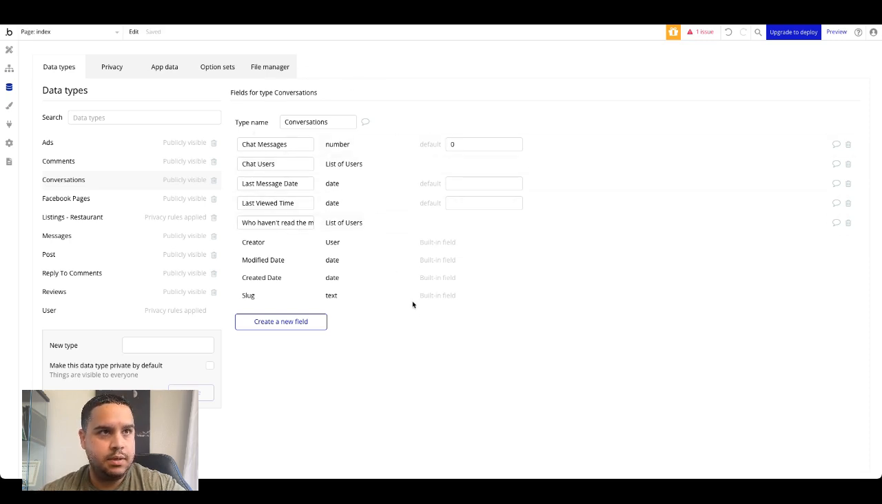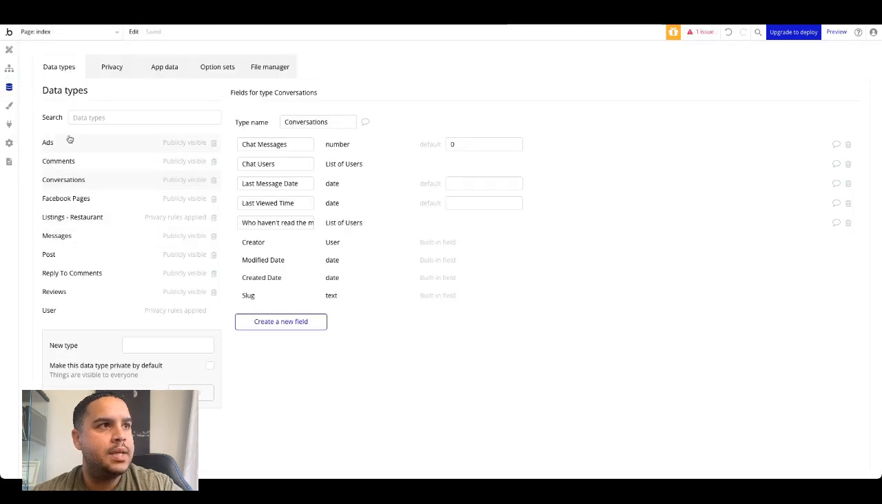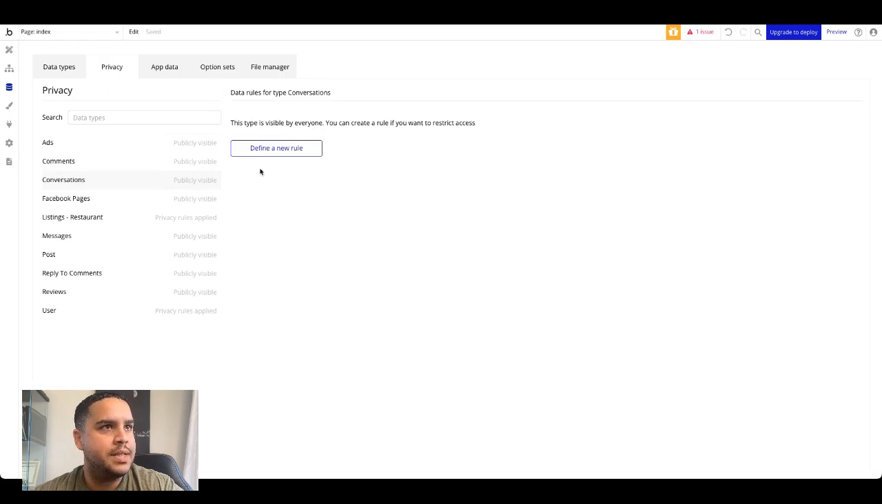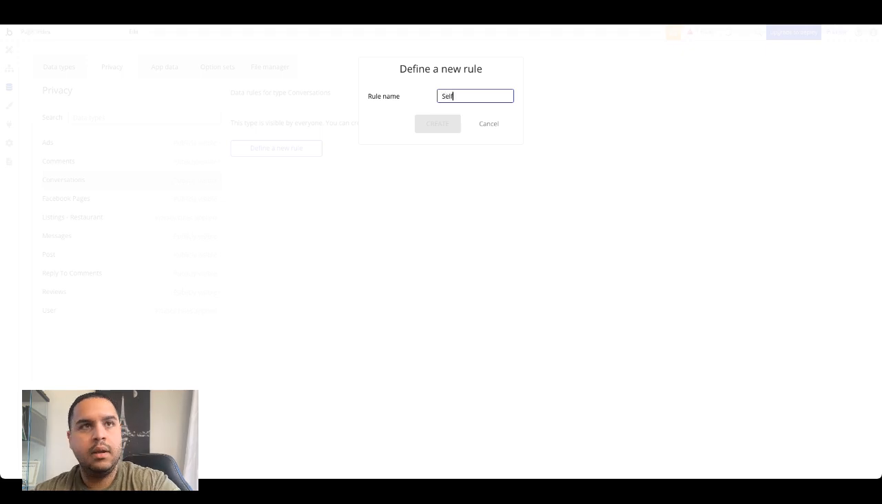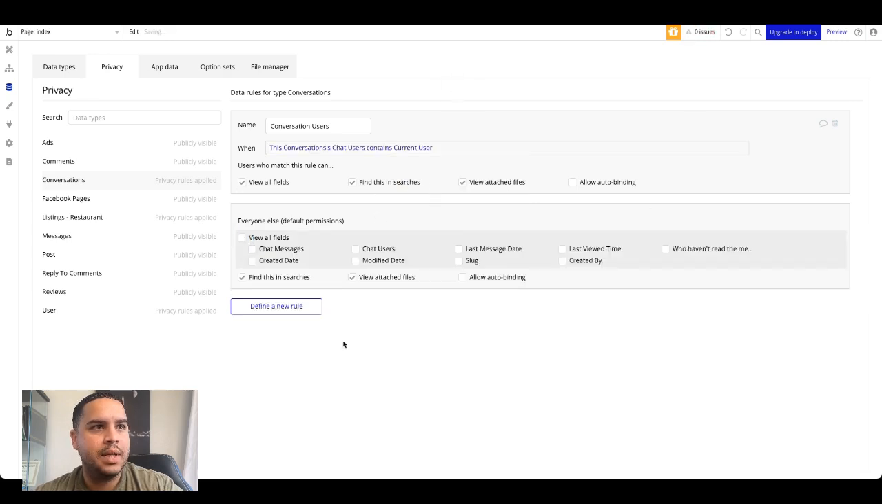And I think this is a pretty solid start. Now that we have this out of the way, we're going to go into the privacy setting. And we are going to create a conversation users. And in this conversation, if chat users contains the current user, they are able to view everything. Otherwise, nothing is going to be seen. And we're going to